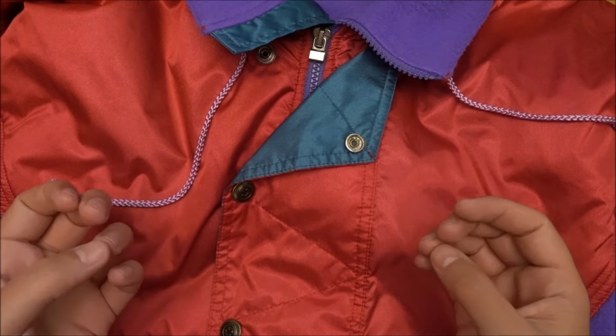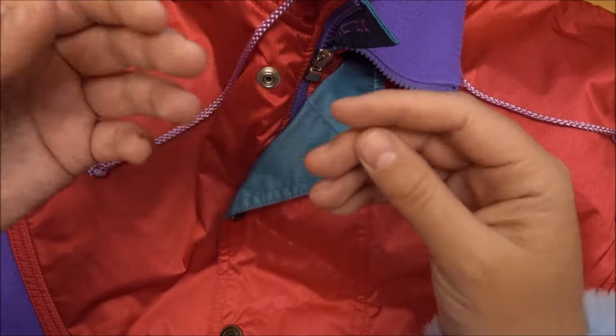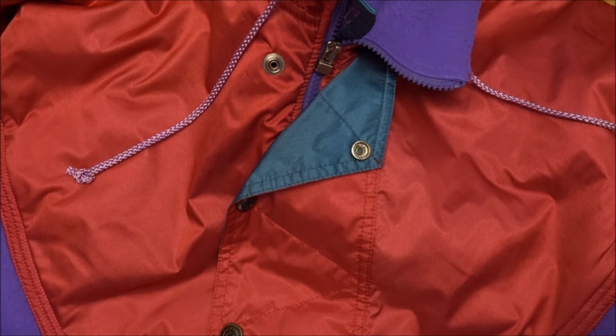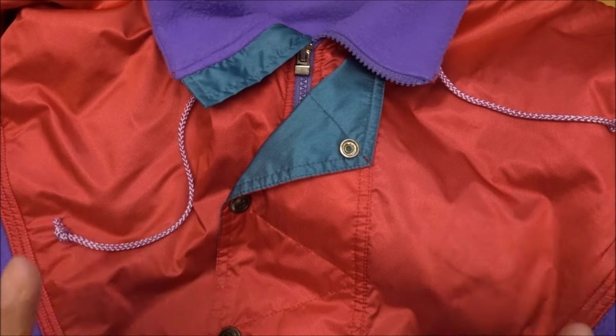So that's not a problem. It's not that when I do this, then it immediately reacts. It's with the time when you're sweating and so on, then it reacts. So that's the reason why I picked it up, even though it's 100% polyester, but